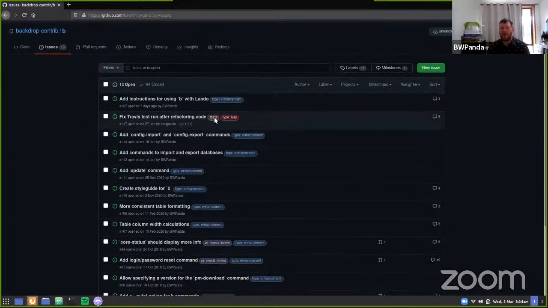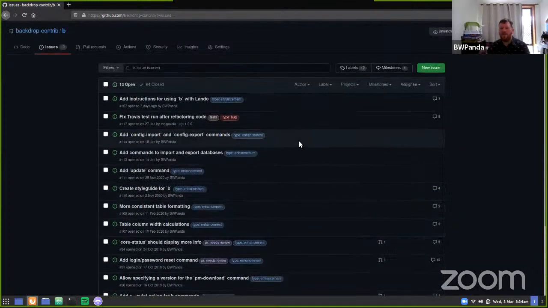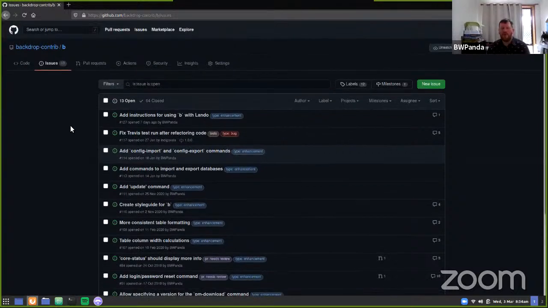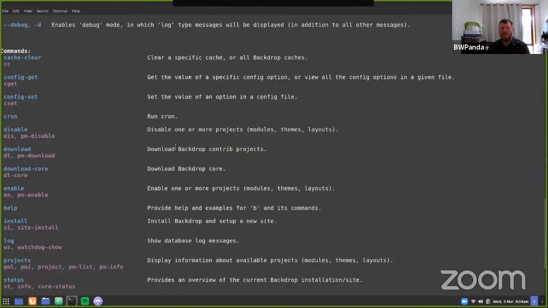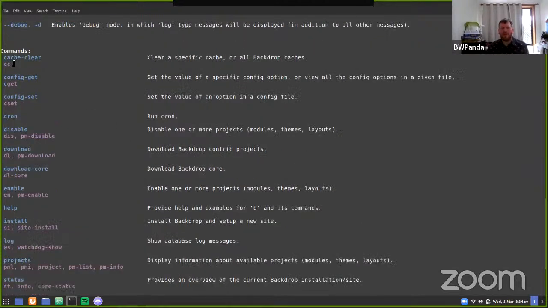So the only bug or thing left to do before version 1 is just fixing the tests. After that, every other issue in here is just an enhancement that is going to add more functionality or make things better. And so that's why we will be adding more commands and more functionality once we launch version 1. But I'm trying to focus on just getting that done at the moment. While there's not many commands that people are used to from Drush, for example, we do have some basic ones in there, like clearing cache for a site, getting and setting config, since that's what Backdrop uses instead of Drupal variables, running cron,